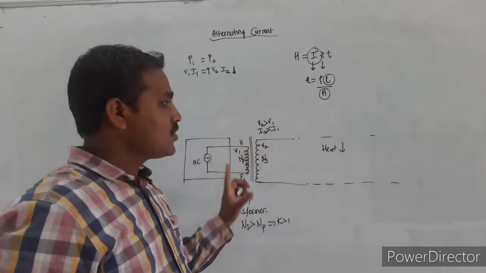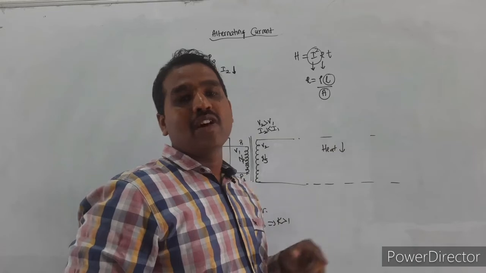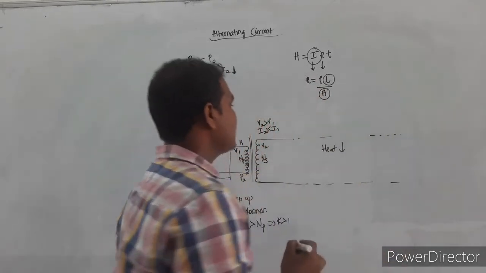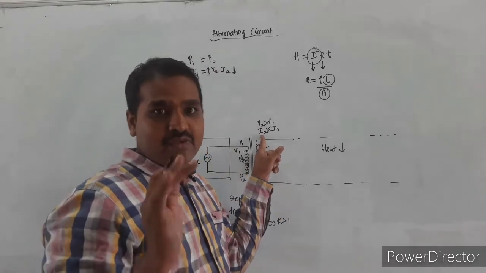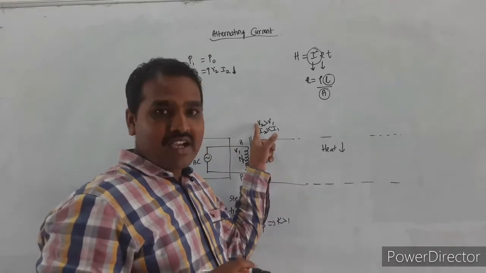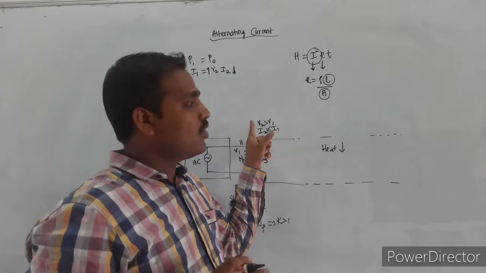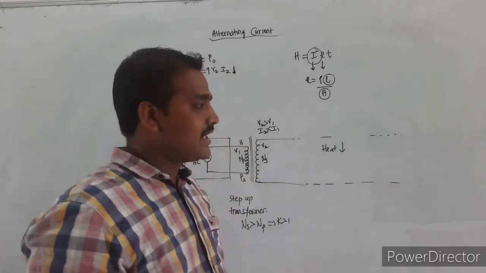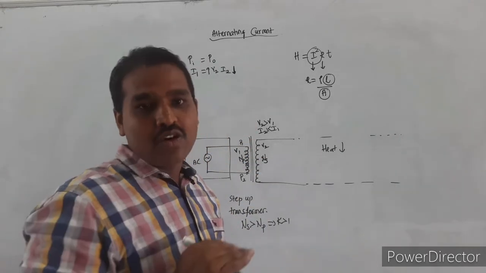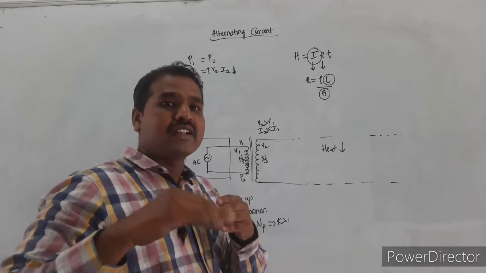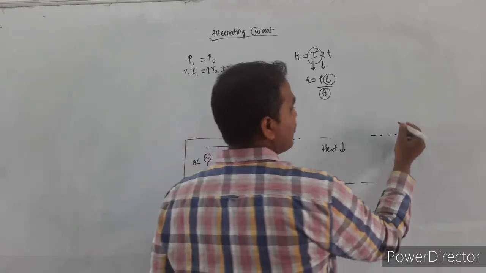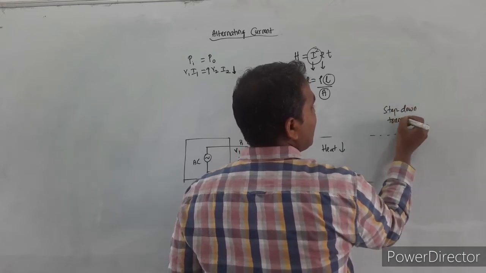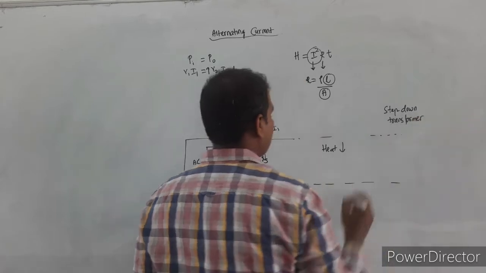Then whenever this energy is consumed in our household applications or the industries, wherever this energy is distributed, this reduced value of current is not sufficient and we cannot utilize such a high value of the voltage. So, whenever the energy is distributed in different applications at the distribution area, we have to reduce the value of voltage, so that proportionally the current also increases. To reduce the value of voltage, we have to use a step down transformer.